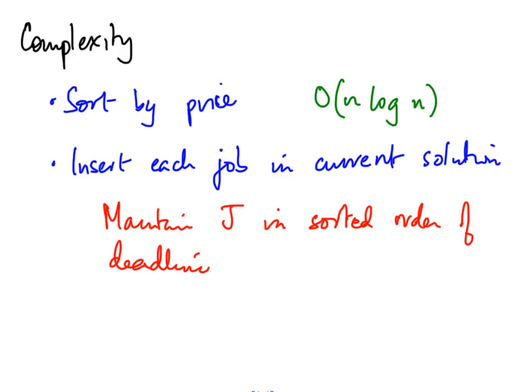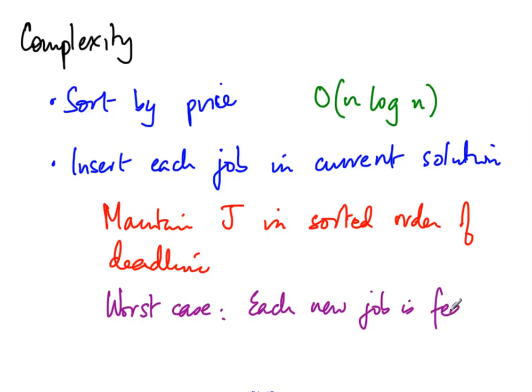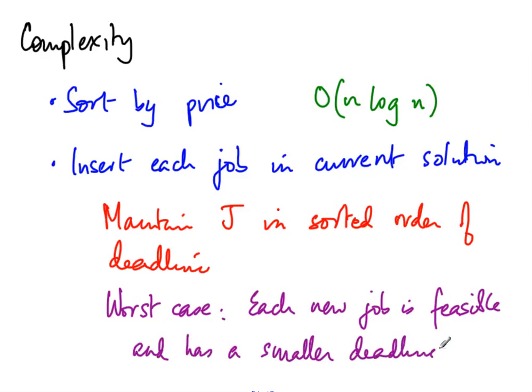So now what would be the worst case? The worst case is that each new job is feasible and has a smaller deadline than everything in J. So it has to go to the extreme. So we have to scan all of J from right to left in order to find the insertion point. Okay. So in the worst case,